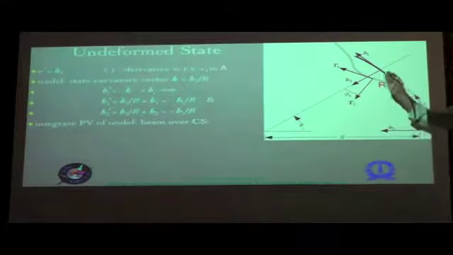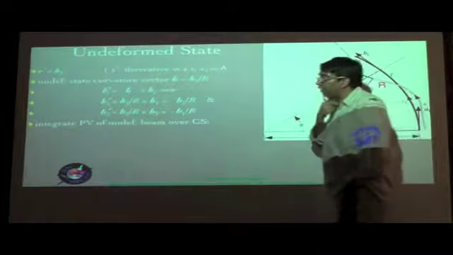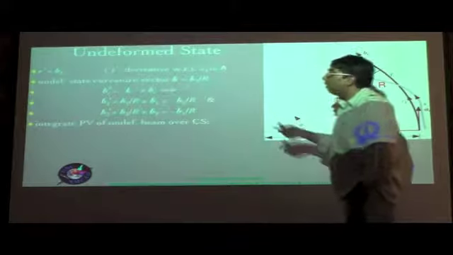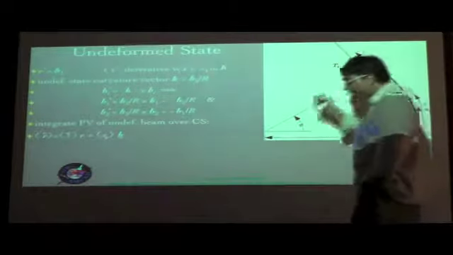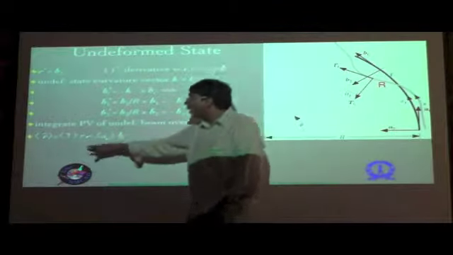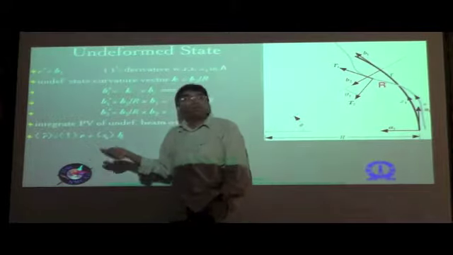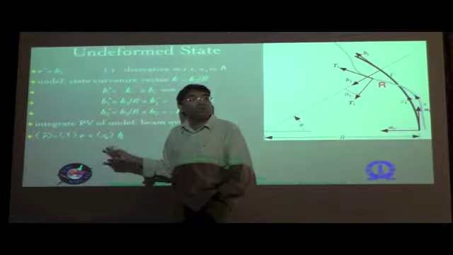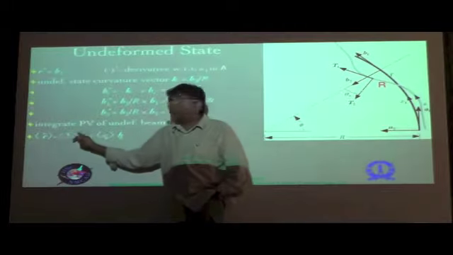So as of now we have the undeformed state. We'll do the similar thing at the deformed state when we reach there. But for the undeformed state we have this r hat. So all that we'll do is we'll integrate that position vector over the cross section. So at a reference cross section, if we integrate r hat, the first term there is r, which is not a function of the cross-sectional coordinates x2 and x3. So when we integrate with respect to x2 and x3, it just gets multiplied by the cross-sectional area,